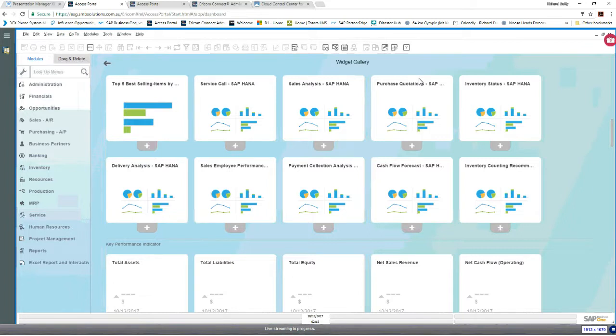SAP are obviously focusing on SAP Business One version for HANA. But as I mentioned, with probably in excess of 50,000 customers still running on SQL Server, it's highly unlikely that SQL Server is going to go away anytime in the future. Now, that's just my prediction. That is not SAP's prediction, and I'm not making a comment one way or the other.